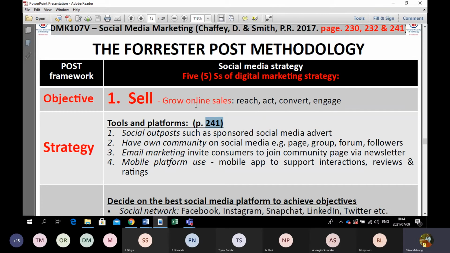If you want to sell on social media, grow online sales, reach, act, or engage, things such as, for example, increasing brand awareness. This is not about actually serving customers. You can do certain strategies, and let's go to page 241 and you highlight those strategies. So on page 241, you've got about 4 strategies there, which tell you: enhance customer service through social marketing,